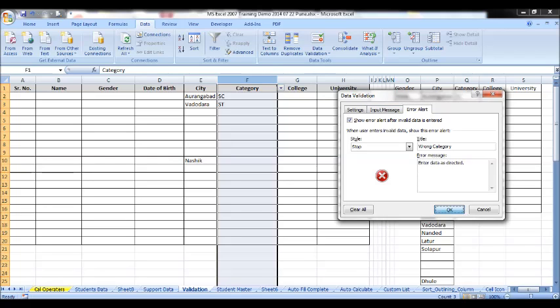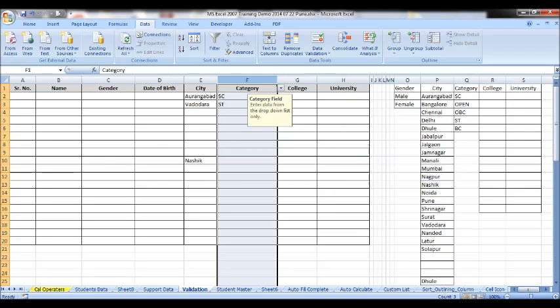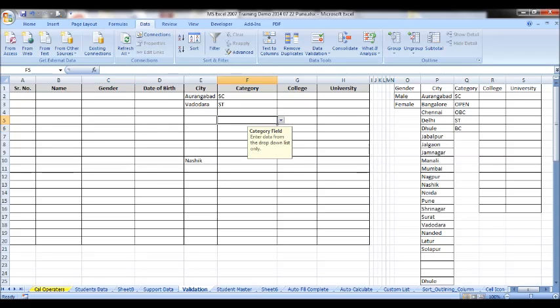Earlier it was by default, meaning Microsoft Excel had defined the error message. Here we are defining the error message. The moment you select the cell, it will pop up with whatever you had written against input message; if you are out of that cell, it will not appear. This is a category field, enter data from the drop down list only.